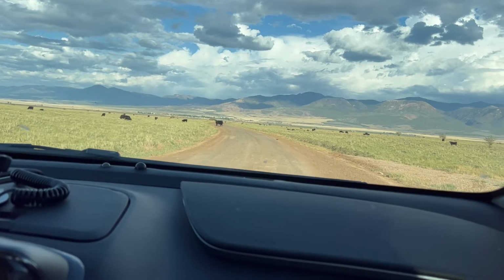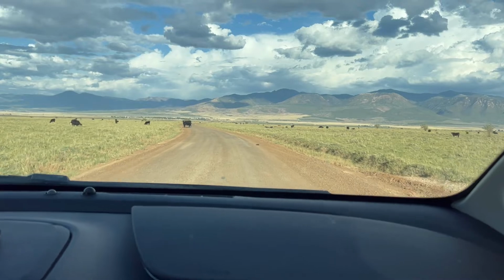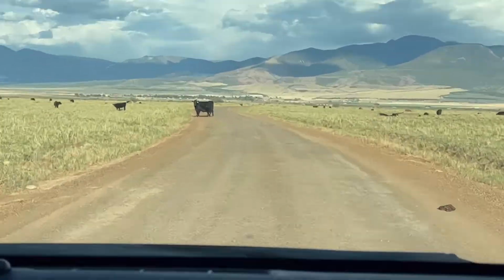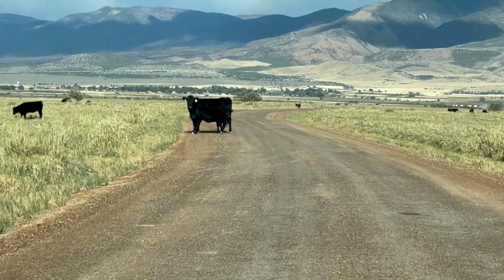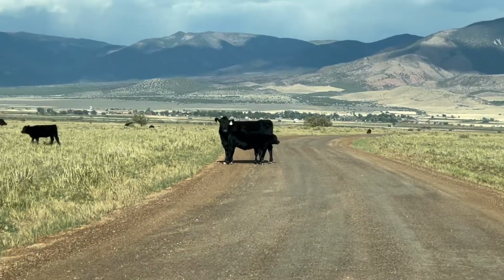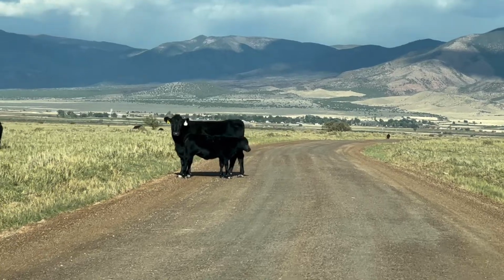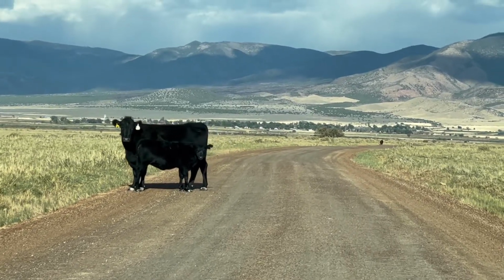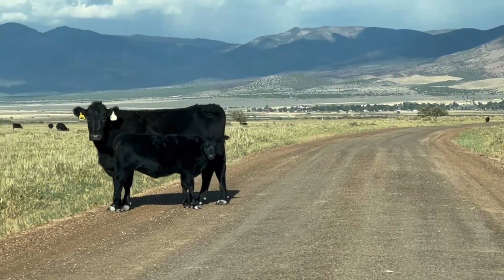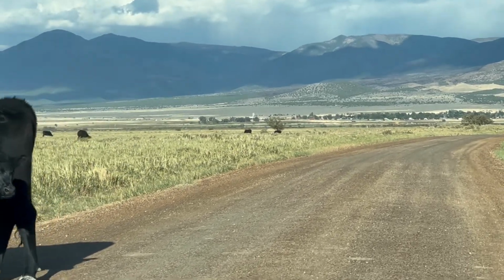So Zariah wants to know how in the middle of nowhere this hot springs is. It is so in the middle of nowhere that there are cows and no fences. Cows just walk across the road. I feel like I'm on the Polar Express train. When we came out, there was one in the middle of the road, and I tooted my pedestrian horn and scared him. Oh, that one looks like a demon. Yeah, I'm not gonna hurt your kid, just...